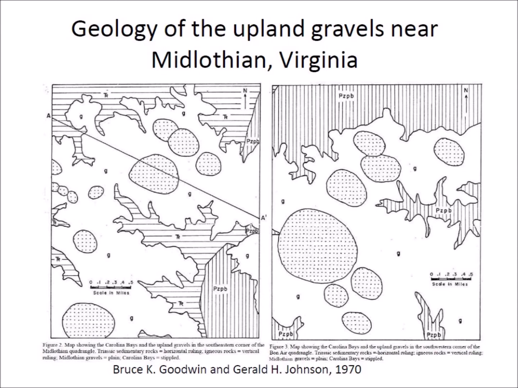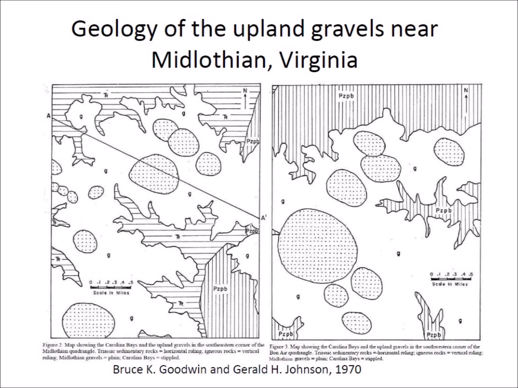The bays are on tracts of upland gravels that have not been eroded by water. The bay depressions are less than 15 feet or 4.5 meters deep and are commonly bounded by a raised rim. They vary in maximum diameter from about 500 feet or 150 meters to more than 3/4 of a mile, which is 1.2 kilometers. Their centers are often swampy due to the lack of external drainage.